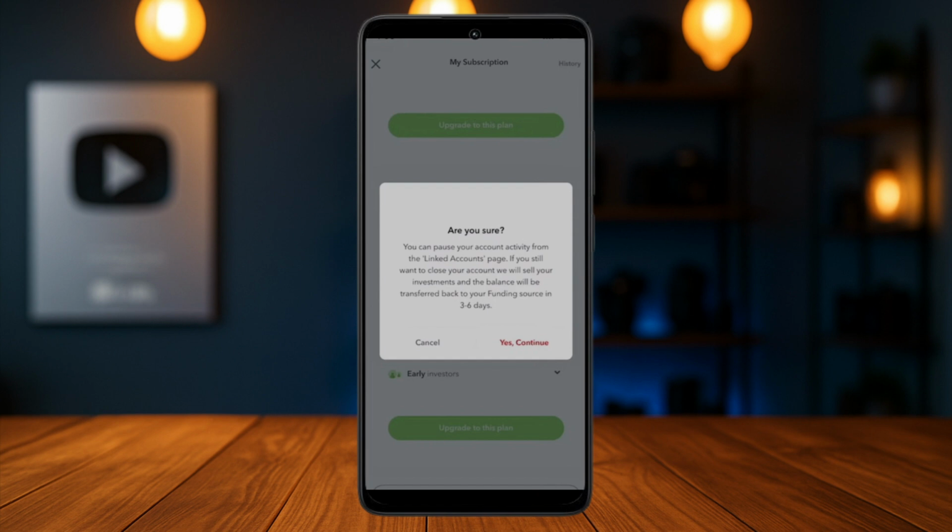Now, if you only just want to pause your account and not just completely cancel or close your account, you can just head over to the linked account section where you can see all of the bank accounts that you link, and you can just pause it for however much you want. So the money does not get automatically invested from your bank account. So you can pause it if you want, but if you're trying to cancel it or close your account, you